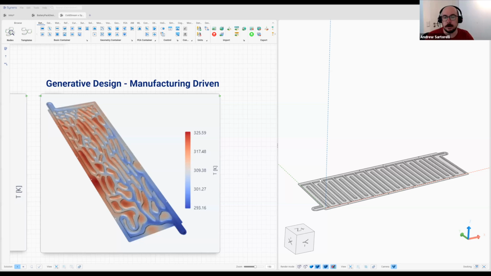So hopefully everyone can see my screen now. Perfect. And I see we can. So what we're going to go through today is how we can go from a traditional design like we see on the right-hand side to something like we see on the left-hand side for a battery cold plate. But first, let's do a little bit of an introduction to Synera